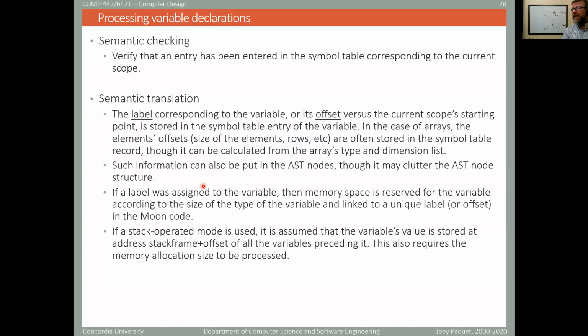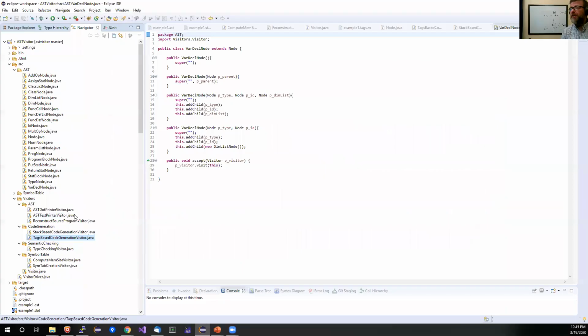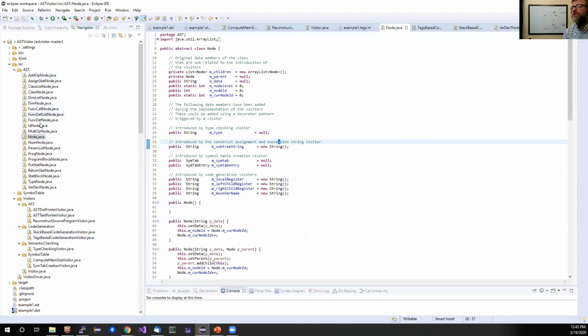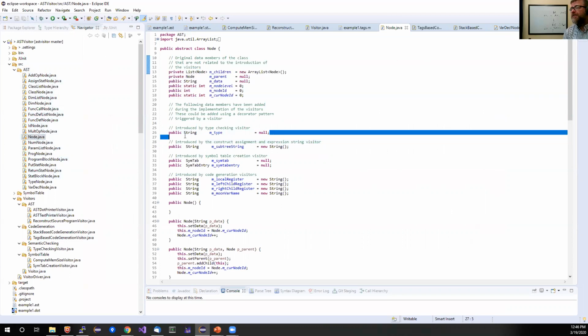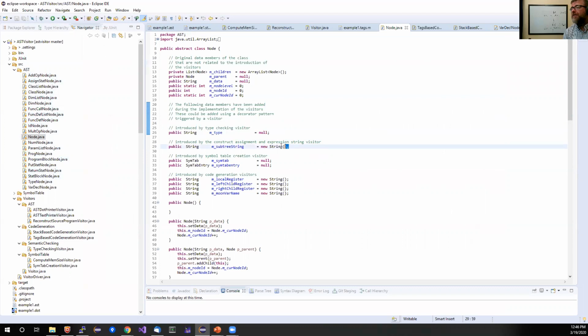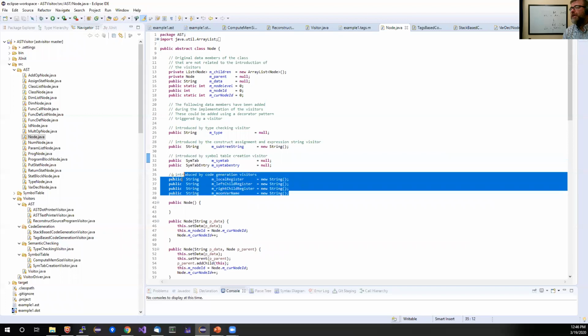So again, this information can be put in the abstract syntax tree node, but if we go inside of my abstract syntax tree, the superclass of the nodes is node. All my specific nodes here are subclasses of my node class. As you see here, I've added a lot of different variables, or containers, inside of my node. And each of these, for example,